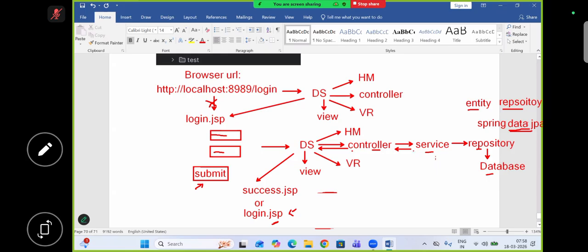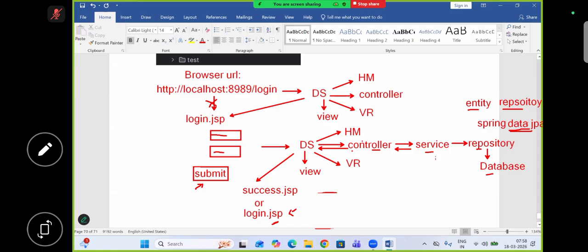So if a controller receives a null value from the service, then it understands that there is a username or password mistake, or he is not an active user, like that. Okay, we are going to write an application like this now. So let's start working on this example. The complete flow diagram I will draw and paste here, but right now first understand before we start adding